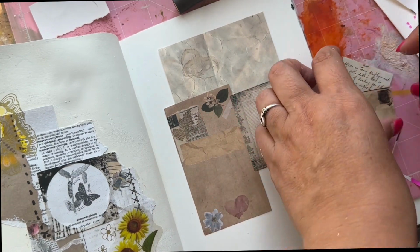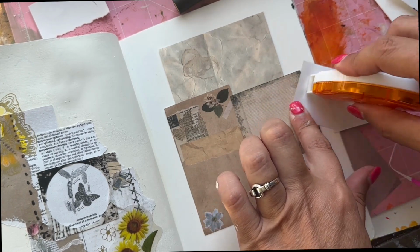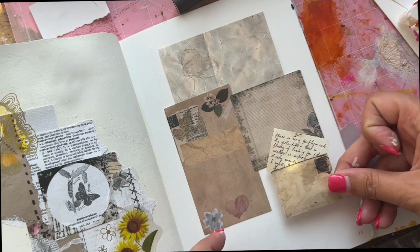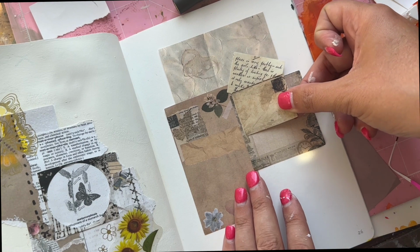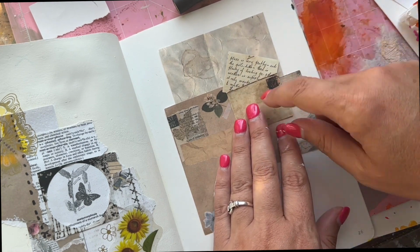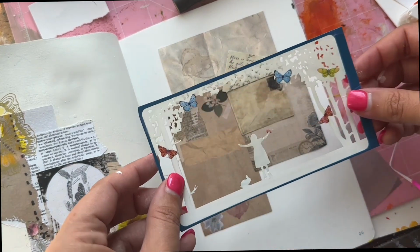Now, I might have just forgotten what I was doing there and put them in the wrong place, but these are all papers that I got recently gifted to me, and I'm really liking so many of them. I'm going to put him there because I don't remember where I had him. Maybe up here? There was a reason behind where I placed it. I'm going to put it there for now, because I have this that I brought up recently that I liked